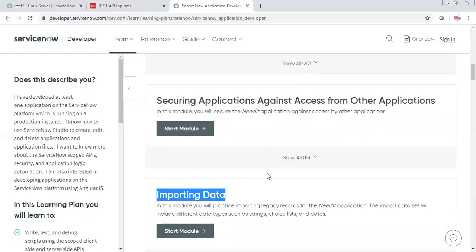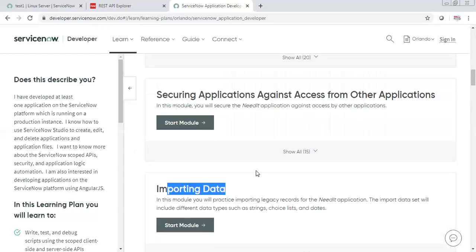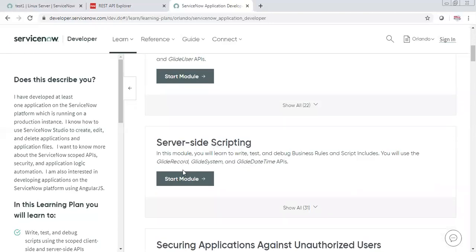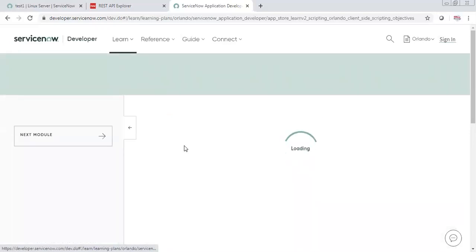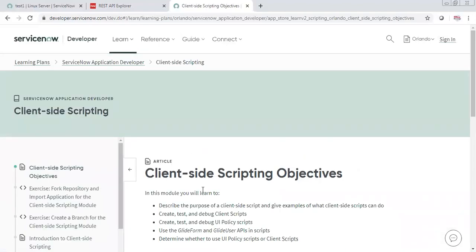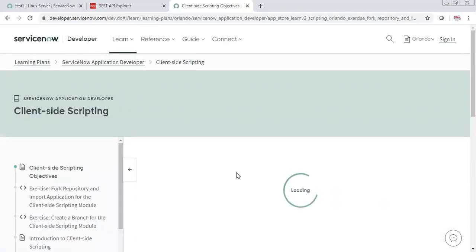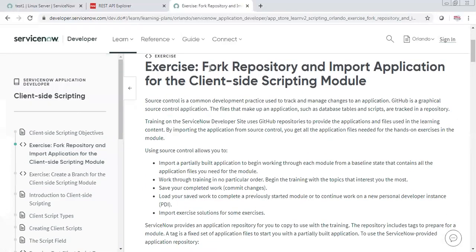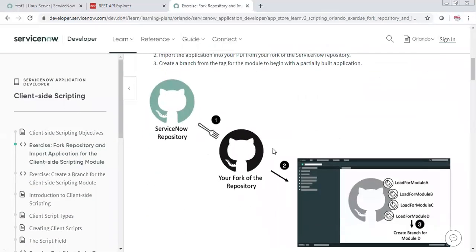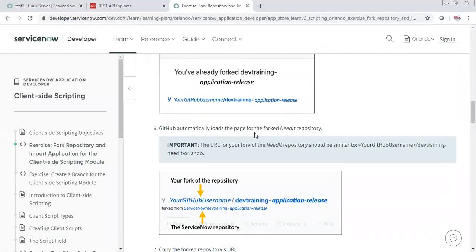Okay, maybe I can refer to this. So this, have they explained it also? Yes. If I open one of them, like if I open this client side, maybe you will not find everything usable for you or understandable, but there are many things which you can easily understand, because in between they will go to advanced logging and all, those are not that much required for you. So here they are saying this is the application, they will give you scenarios as well, and they will make you learn with scenarios for the Needled application.